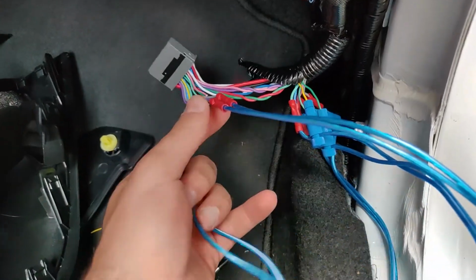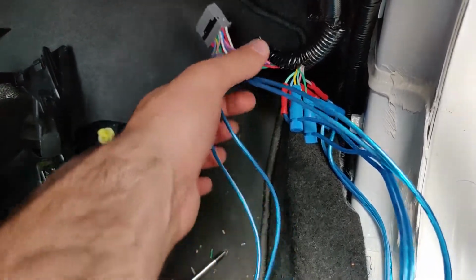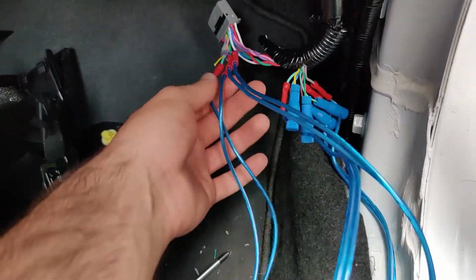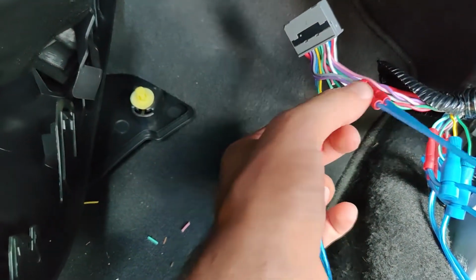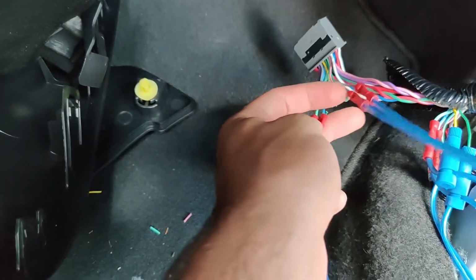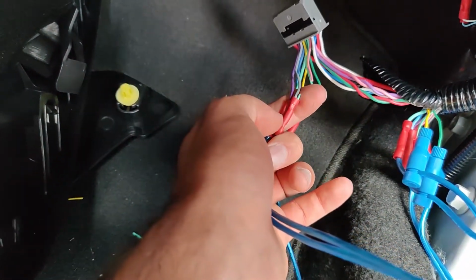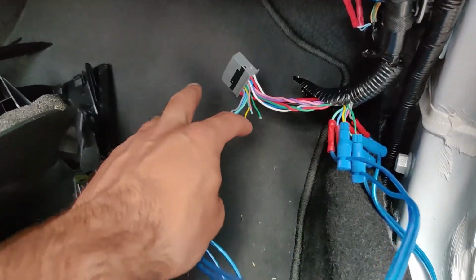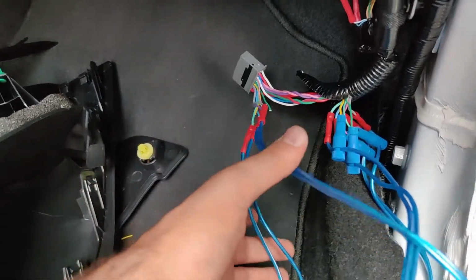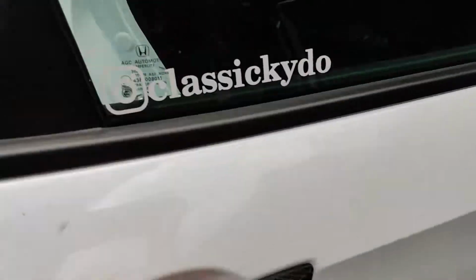So what I'm doing here is I cut the wire, and the input is coming from here. These are all input wires, and all you have to do for these ones is just connect the speakers, not the tweeters. As you can see, the tweeters are cut. I did connect them the first time, but it came out distorted. So you don't want to do that, so they're cut. Then you're just gonna leave those, maybe put some electrical tape over them, but then you're gonna route these the same way you routed the power cable, through this all the way to the back,